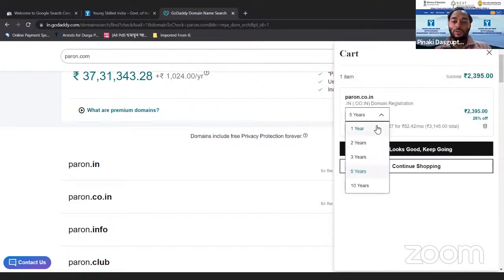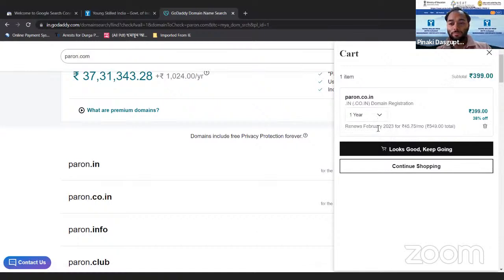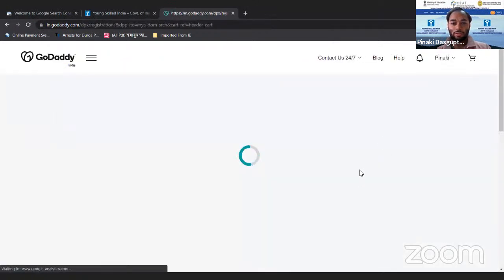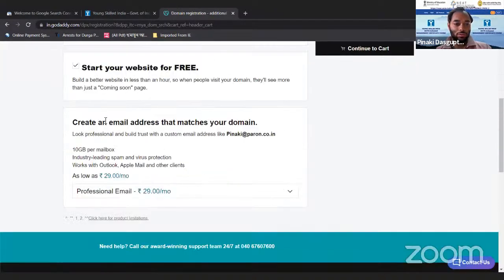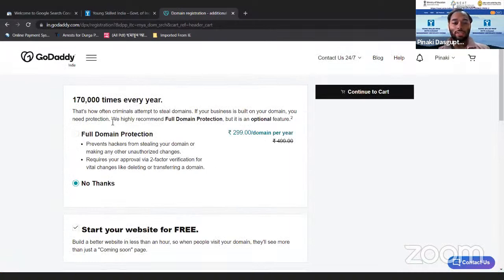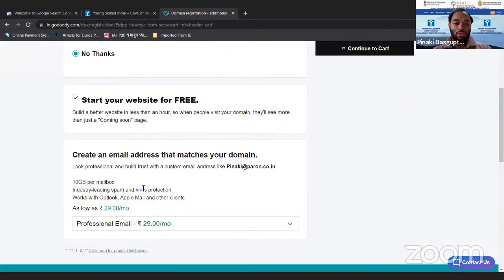Now I have to put the tenure for which I want to keep this domain with me. So I'm selecting 1 year. For 1 year, it is $399. I have to pay. There are several products they have, like domain protection and email IDs.